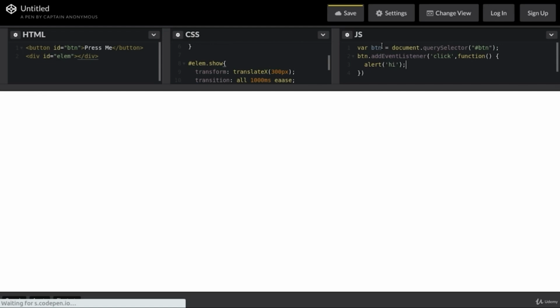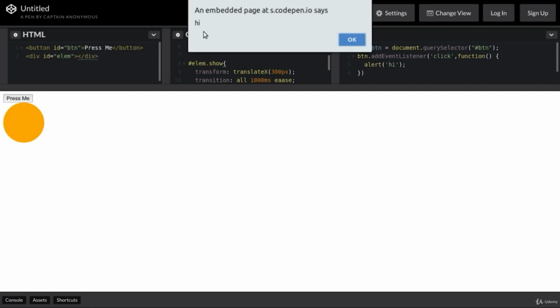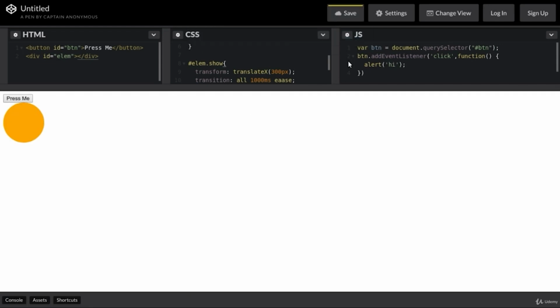So with this code, when we click on the button, we see that we are intercepting the click and alerting something to the user. Now we will change the functionality of the button, and we will just like to add to this element the class of show in order to run our animation. For this, we will just need another reference to the element. We can copy the same line here and change a little bit of variables. Let's say this will be our element, and we'll grab it here with the ID of elm,